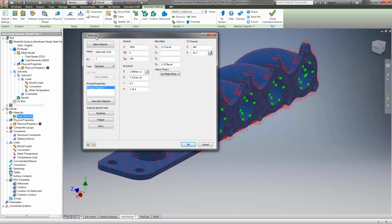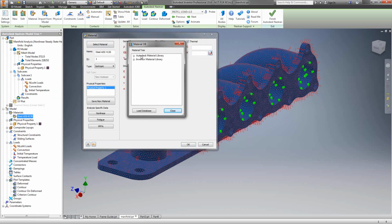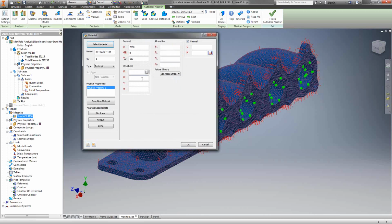What I like about this is that since it's embedded into Inventor, I have the option to go in here, and we're familiar with the Autodesk Material Library and the Inventor Material Library. So I can come through here and select a material from either one of these libraries. Also, if the material you're looking for is not in that library, guess what? We can create a new material. You'll notice all of the different properties that we can fill out. Once we have that set up,